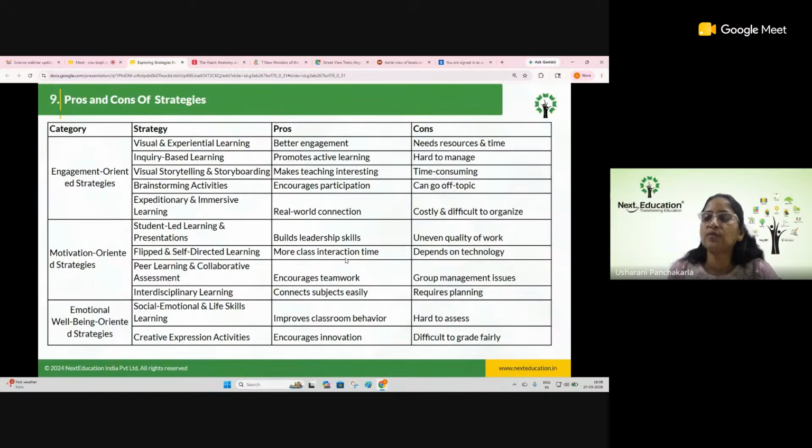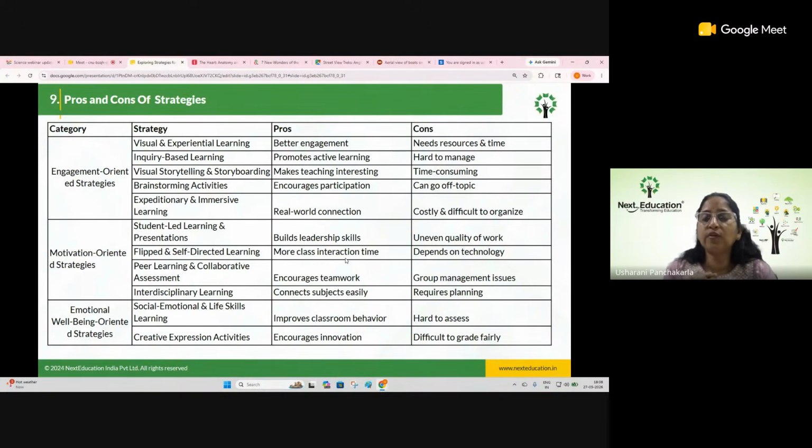Role play, enacting, doing peer engagement or peer collaboration, or doing a project can happen only at the end. At the beginning, what can happen is research analysis, brainstorming or visual storytelling, something about what they already know, or flipped or self-directed learning, or interdisciplinary learning. So just try to segregate what can be done at the beginning of the chapter and what can be done at the end, so that for every chapter you spare one period for it.